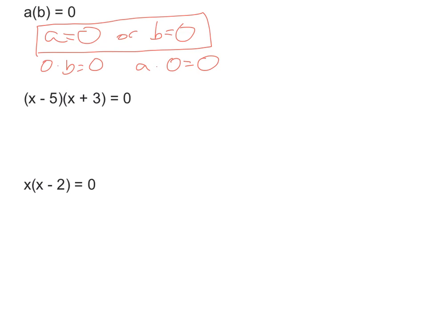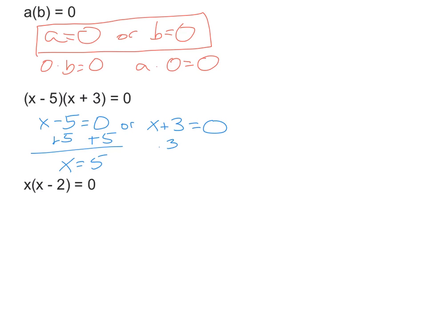In the second example, we're multiplying the quantity x minus 5 times the quantity x plus 3. And the result of this is 0 as well. So we can look at this and say that either whatever number x minus 5 is, that's 0, or whatever number x plus 3 is, that's 0. And we can go through and solve this, so I can add 5 on both sides, and so I get one answer to be, for x to be 5, and the other one I would subtract 3, so x is